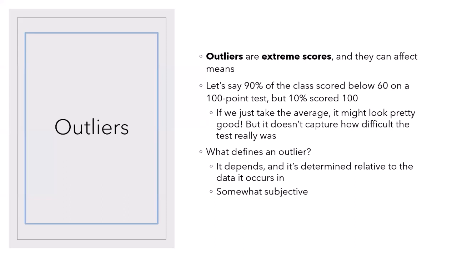So you might ask now, what is the strict definition of an outlier? It depends, and it is determined relative to the data it occurs in. So you'd need to have a sense of the minimum and maximum possible scores to see where outliers could even fall. And furthermore, what's an outlier also depends on where most of the data is clustered. So it's somewhat subjective, and the best way to see if you have an outlier or two is really just to scan through your entire data set